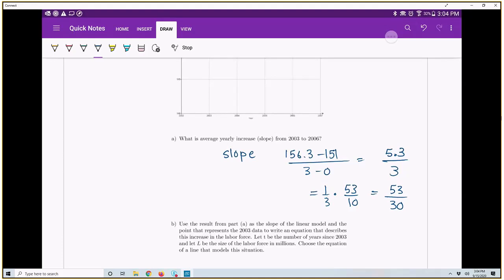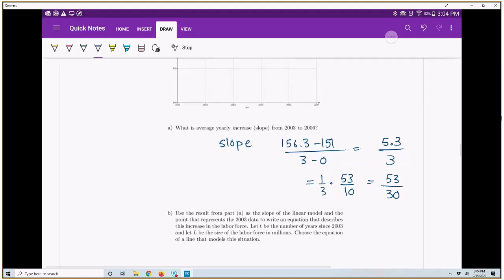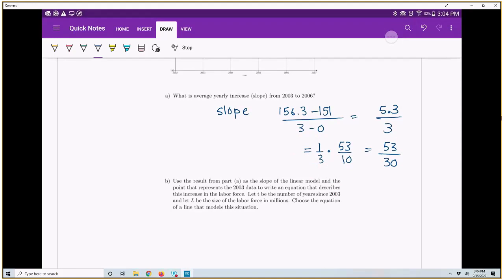We could have left it as 5.3 over 3. I just think 53 over 30 looks nicer. It's a little weird to have a decimal inside of a fraction. Okay, part B says, use the result from part A as the slope of the linear model and the point